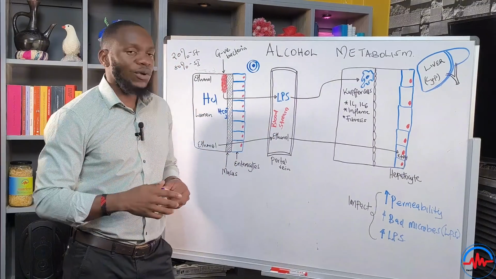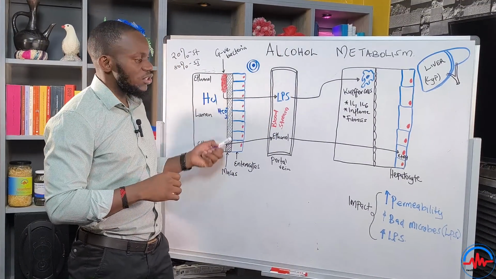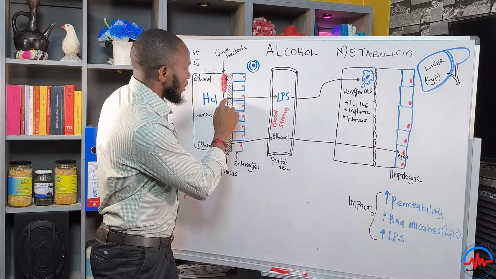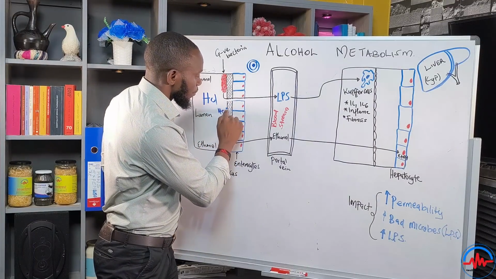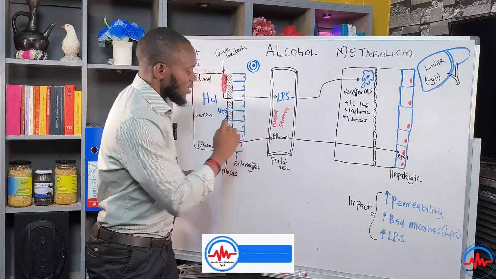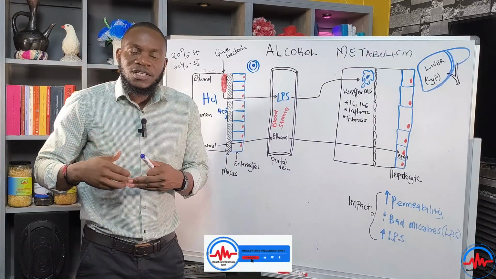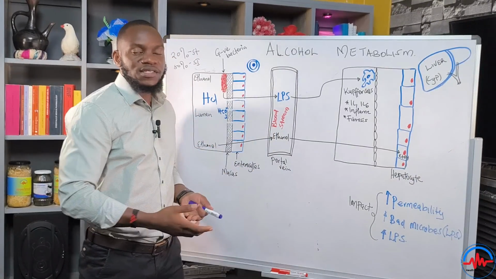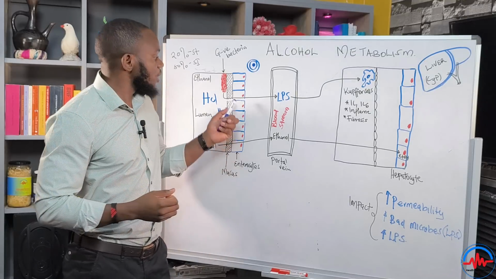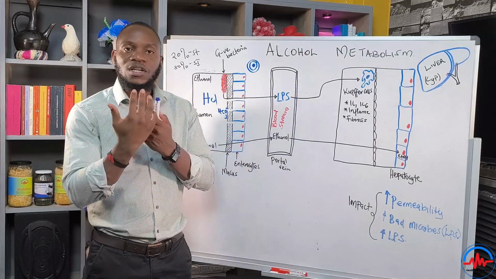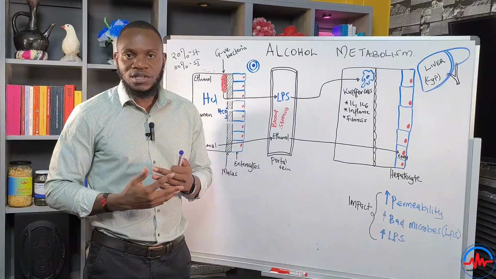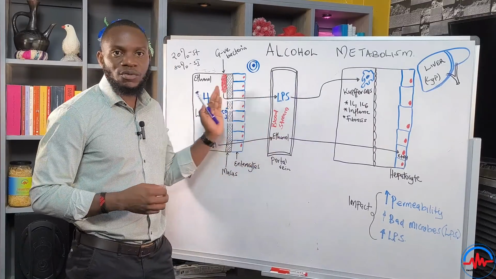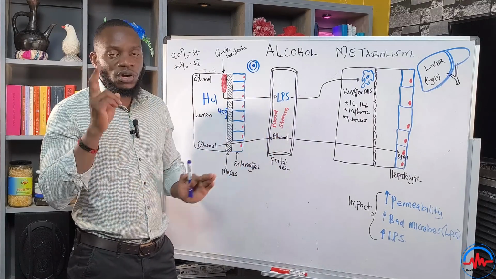Now realize this, alcohol has three impacts on your system. Impact number one is it increases permeability, which means it destroys the integrity of this gut wall. Once it destroys the integrity of that gut wall, stomach content is now exposed to go through this and into the bloodstream. They access the bloodstream. Some of the stomach contents will be exposed to the immune system because the gut wall is lined by a layer of immune cells. Also the blood vessels absorb content coming from the stomach into the bloodstream. So you have two problems here.